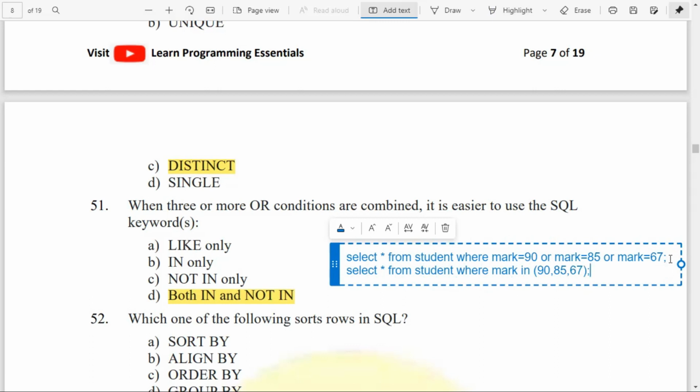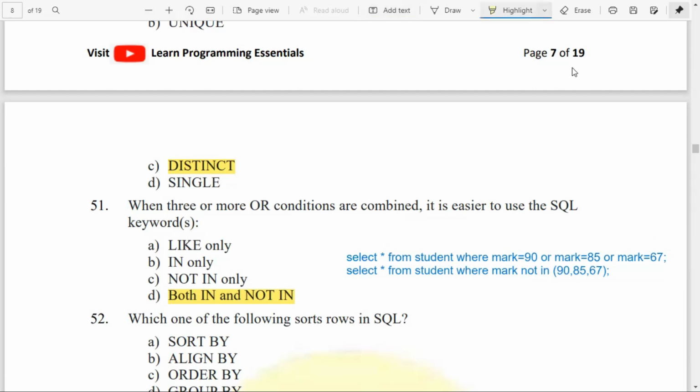If you write it this way, using the IN operator, only the values you give will be taken. If you use NOT IN, they will not consider these values; other than these values, they will take the values. So both IN and NOT IN are used instead of multiple OR conditions.